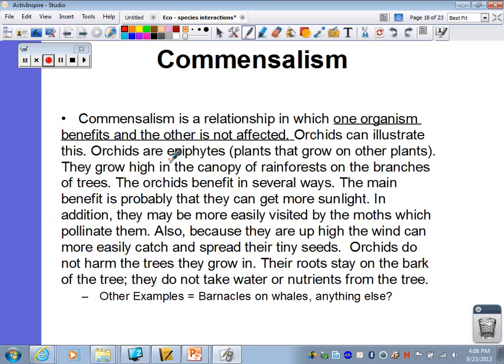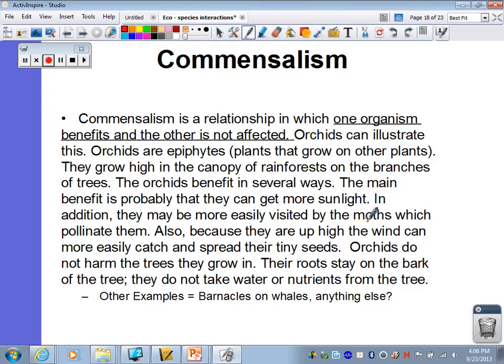What happens with orchids, they are epiphytes, which means that they are plants that have to grow on another plant, and they're going to grow high up on the plant. And that's how they benefit from this. So they grow up high in the canopy of a rainforest, and they just use that tree to get height. And the height that they get from the tree is going to get them more sunlight, more rain, and more animals to come and pollinate them. So they get a lot of benefits from being